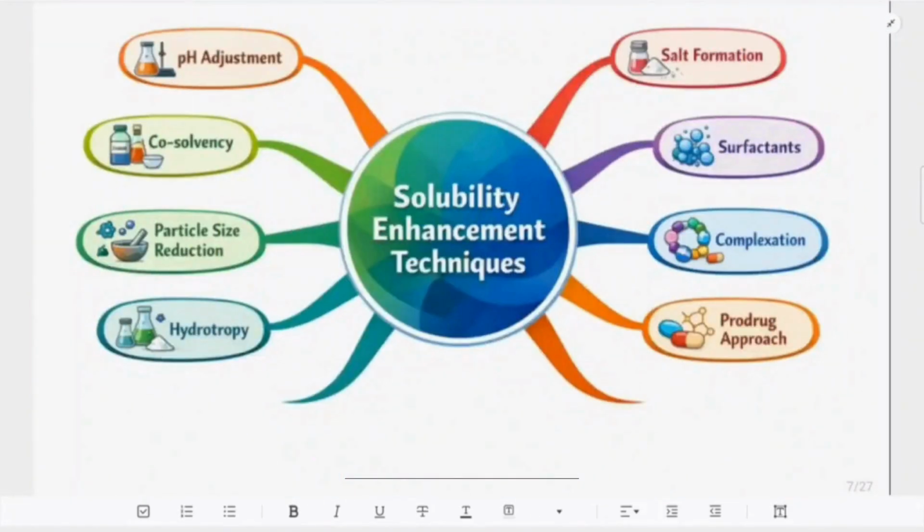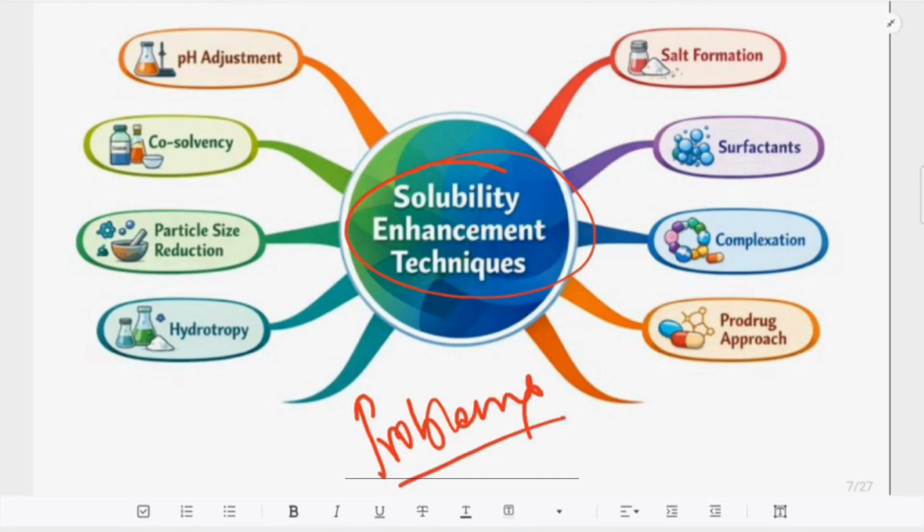Now we will discuss the solubility enhancement techniques. In the previous slides we have seen what problems occur if the solubility is not good in the solvent system, especially in case of liquid preparations. So now how can we overcome these problems? That is the solution. That is called solubility enhancement techniques. We can increase the solubility of the poorly soluble drugs